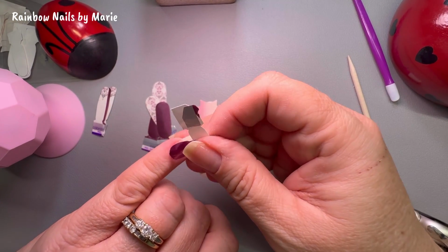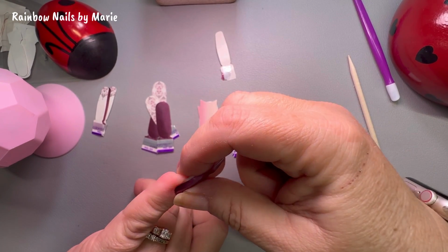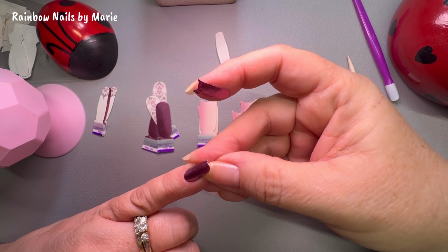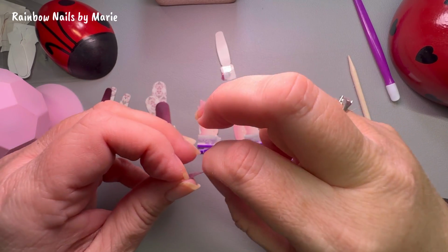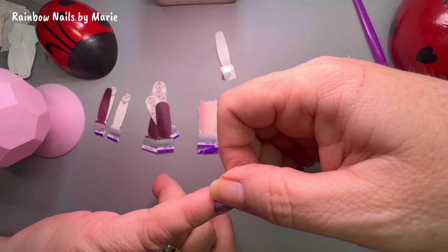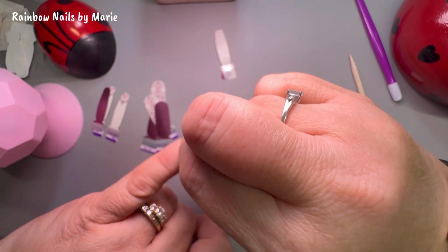I think that will work. Yes. There's a tiny bit over there. Just realized I got the tiny pinky on that. I gotta look at it and see if that's what I really want to do. So I'm going to, because I am going to be trying the overlay on the pinkies, so I don't mind